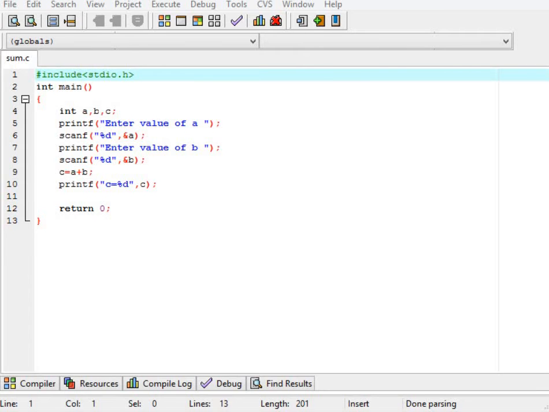A program can be executed in two ways, predefined and user defined. In predefined, the value is in the program itself, and in user defined, the user puts the value. In this program, I am taking the value from the user. Hash include stdio.h, int main, and at the end return 0. Int data type, a, b, c, three variables. After that, print a message. Enter the value of a by the user, that's why scanf, %d in double quotation, address of a. After that, enter the value of b, scanf for the user's value of b. Operation performed, c equals a plus b. Print a statement, print the result c.